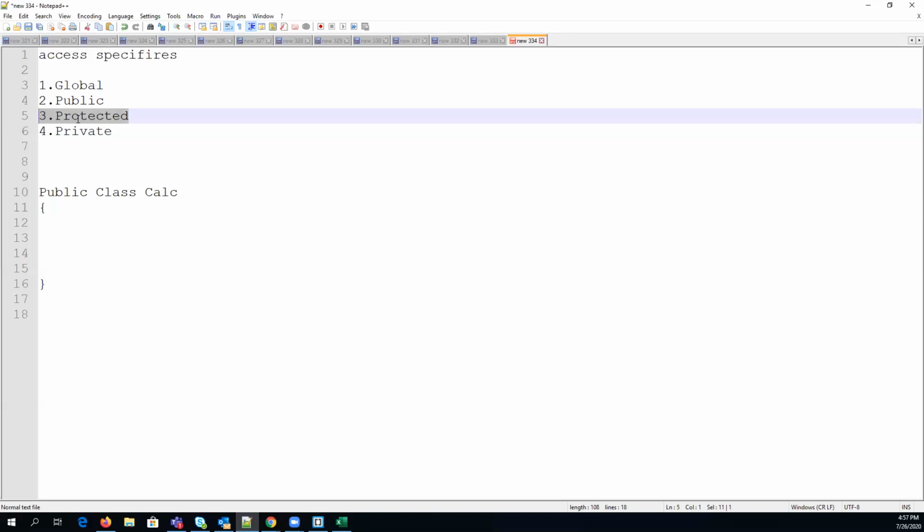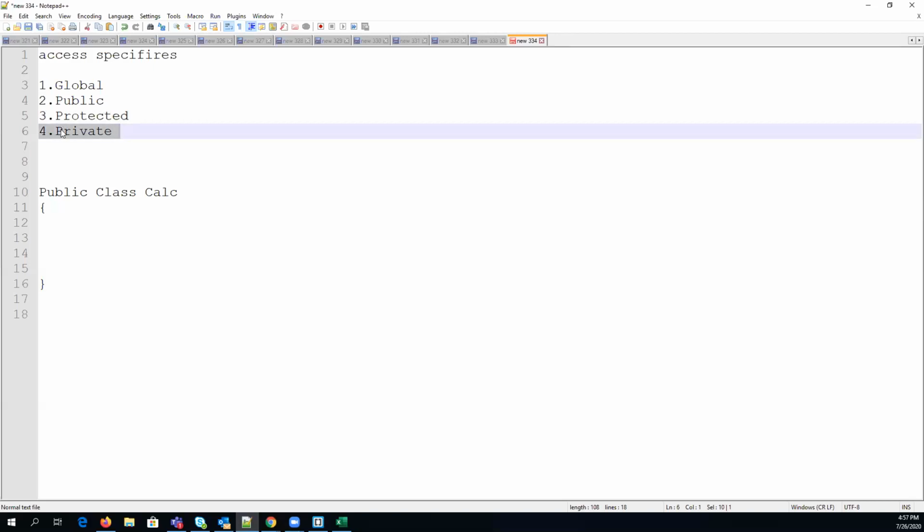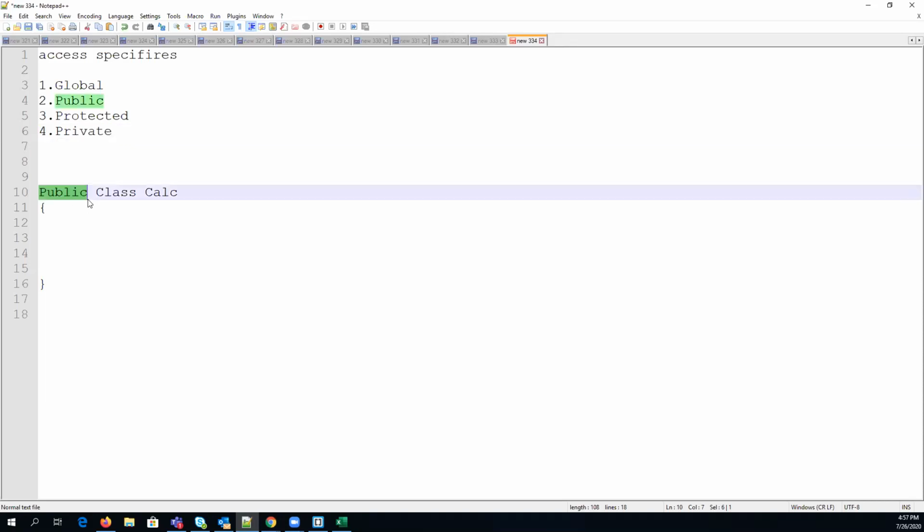And what is private, guys? Not accessible outside the class. Yes, only within the specified class. If a class is private, then it cannot be accessible anywhere. But you cannot create a private class in Salesforce.